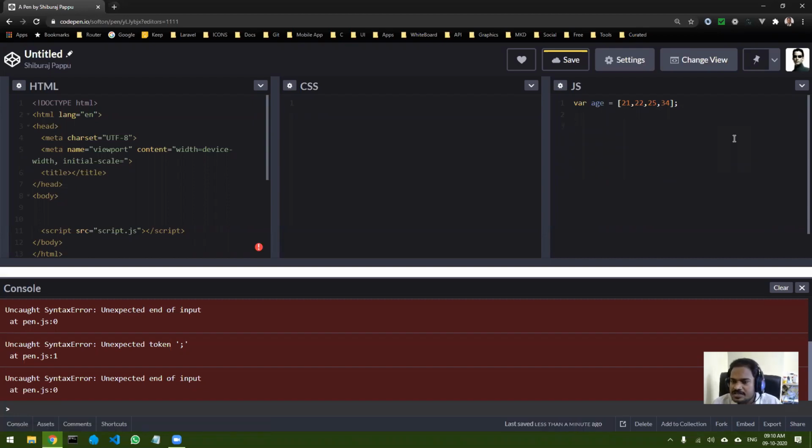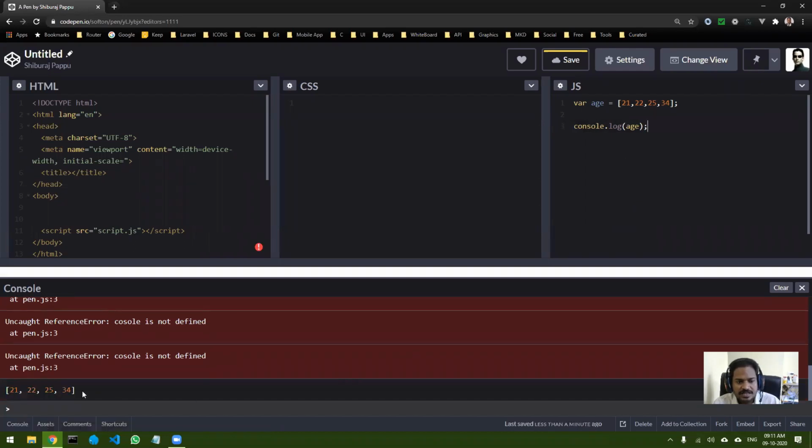Once you do this, how should I see whether the variable has that particular data or not, right? Simple, I will just do console.log, and if I print age out, you can see it prints out all the data of that particular variable, that is the array.